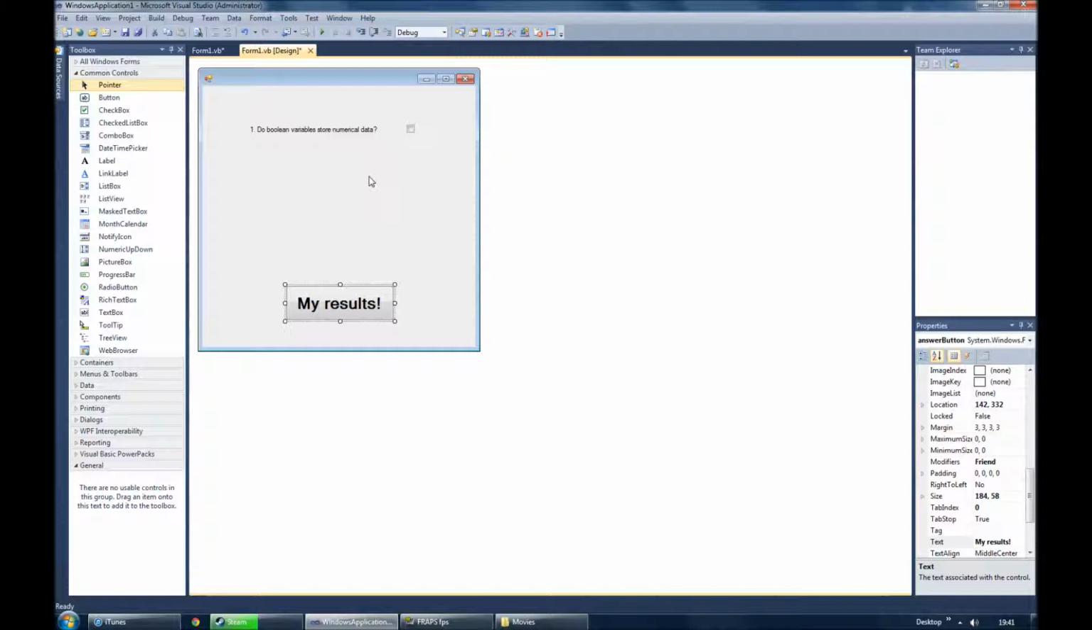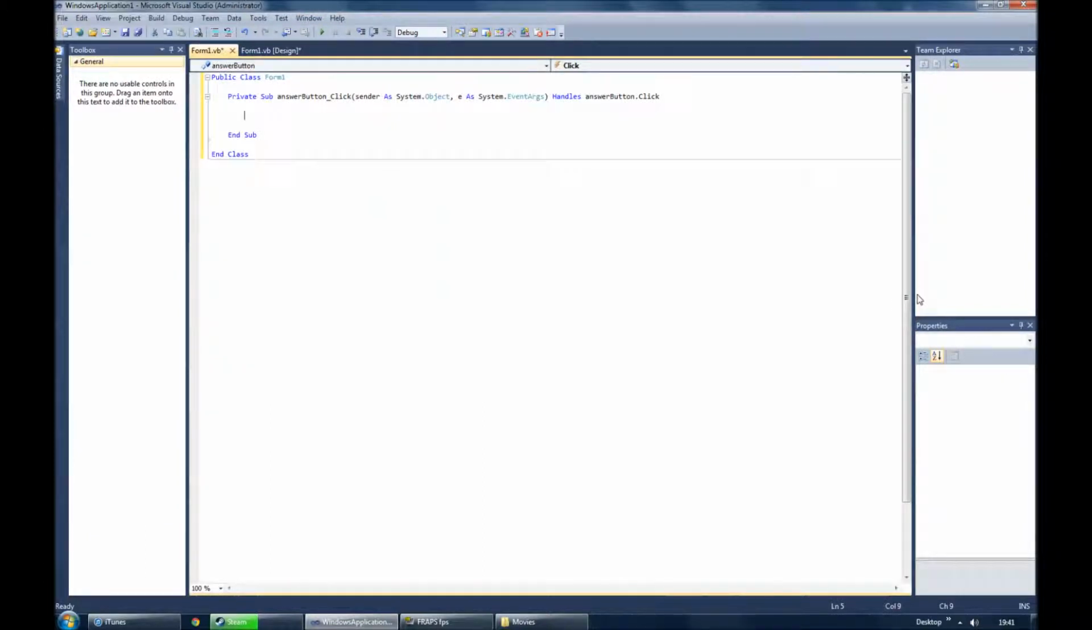Well, the answer should be false, because Boolean variables only store true or false data, not numbers. So what we're going to do is use the if statement to check whether the user has input the correct answer or not. So we're going to ask if question box 1, and the property we use for this is the .checked property. If question box 1 .checked equals false, then, and then we get our end if as well, then we want our box to tell the user that